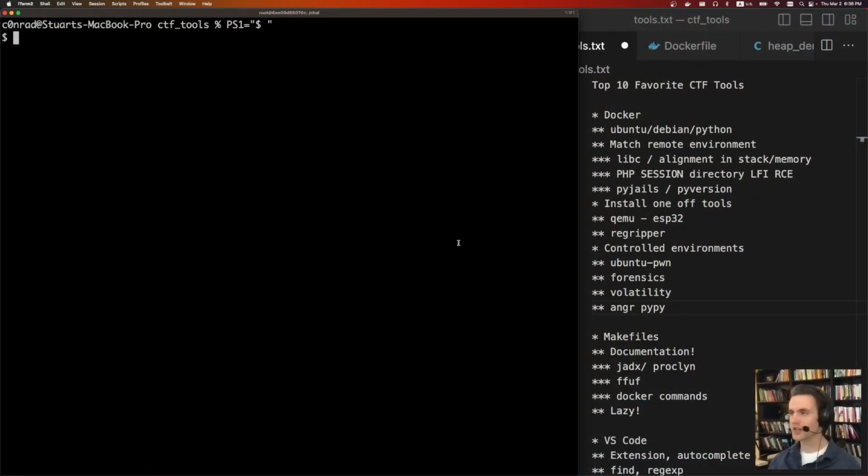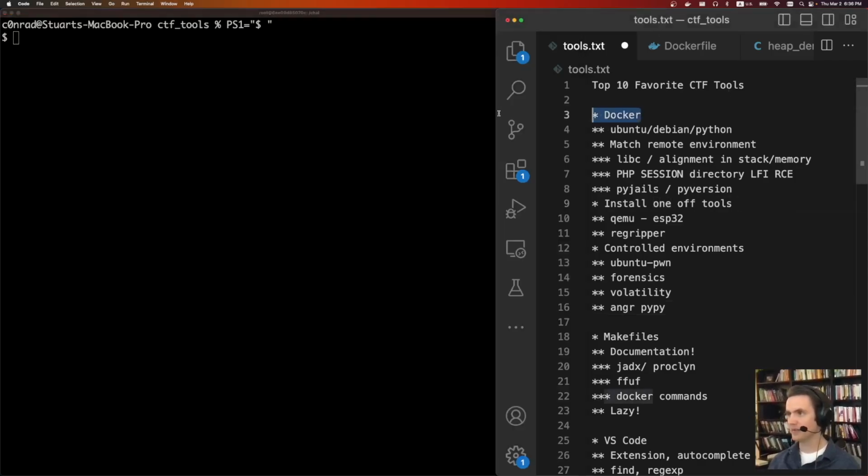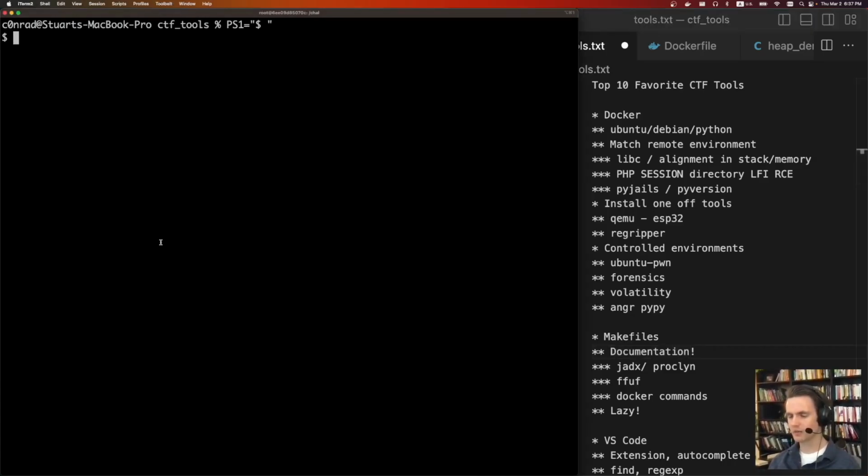So the first tool I want to talk about is Docker. Docker is an amazing tool. It has a lot of different use cases. I'm going to talk about 3 different ways I use Docker. The first one is when I want to match what a remote system looks like. So if you watched some of my videos, specifically my pwn videos, you probably see that I use it to